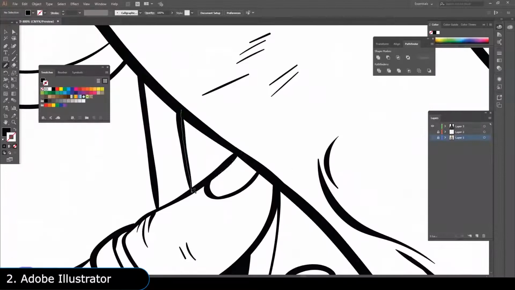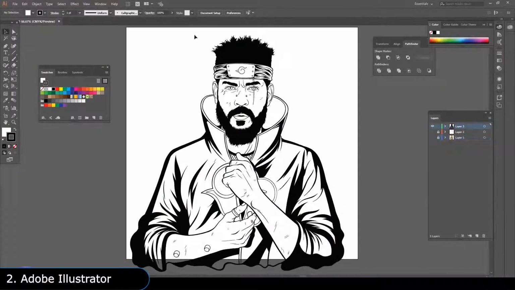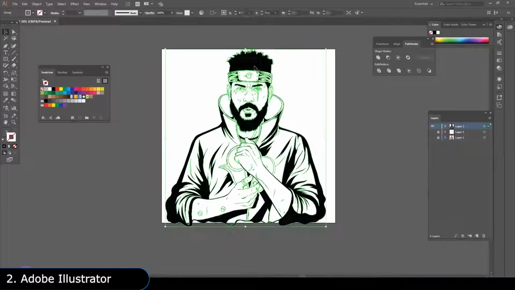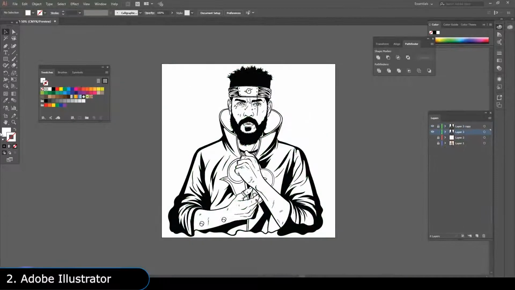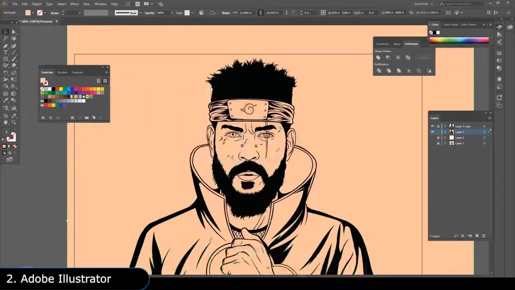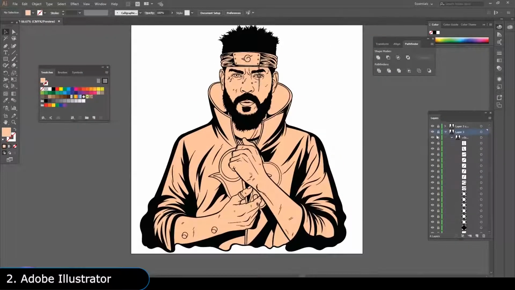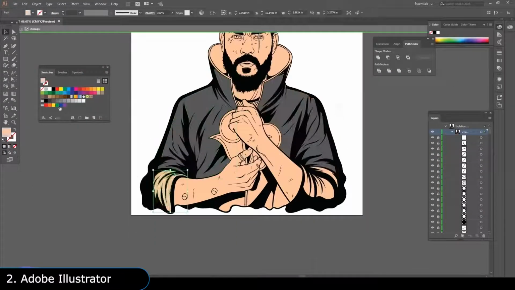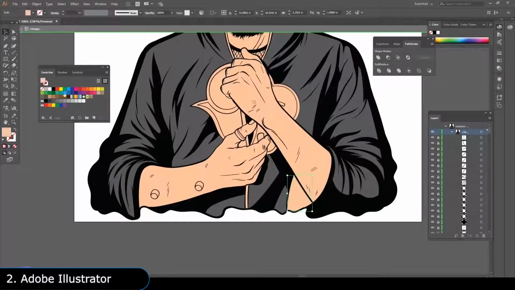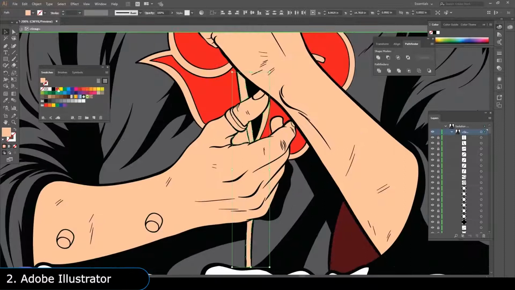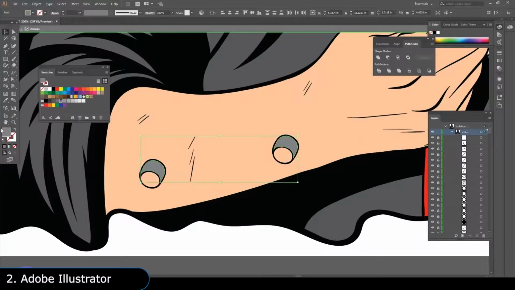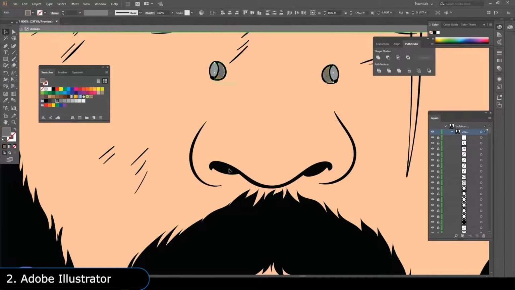Then there's Adobe Illustrator, which may look pretty similar to Photoshop at first glance, as it is also used for designing images, but the key difference is how they store the artwork. Photoshop works with raster art, which means that all photos are stored as pixels. Illustrator, on the other hand, works with vector art, which means that the artwork is stored as mathematical equations. Raster art will get pixelized when you enlarge it beyond its resolution. However, vector art can be infinitely enlarged without losing any quality.